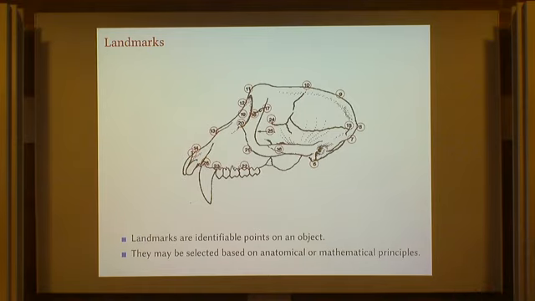So we put identifiable landmarks on a shape, and we do that for each specimen, and then we compare the position of those